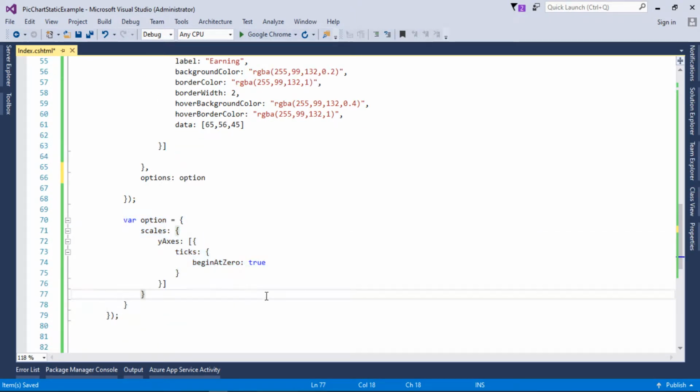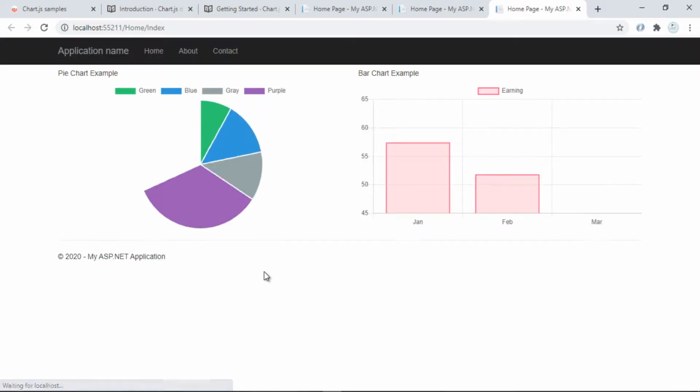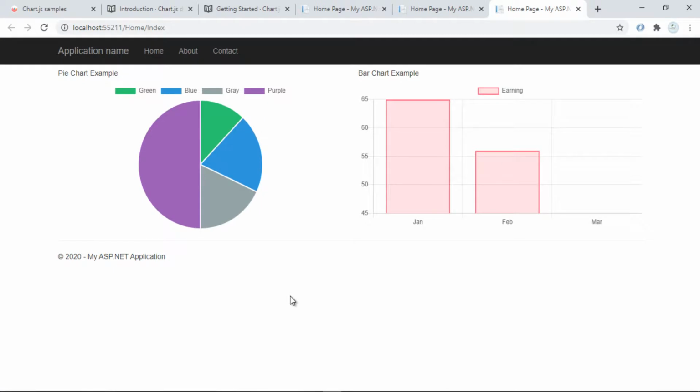So let's run our project once again by pressing Ctrl F5, and let's see what we have got. But our option code is not working again. So let's have a look at what we have done. Go back to Visual Studio, and